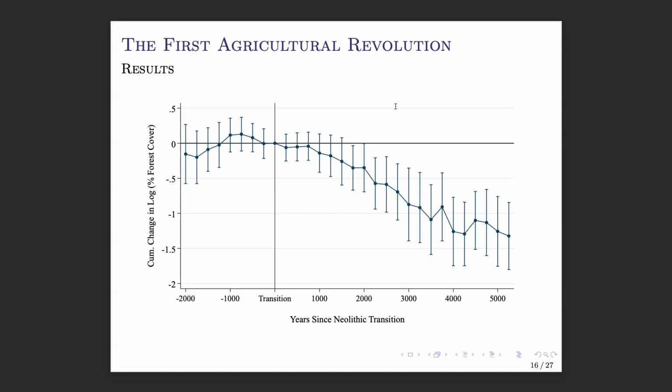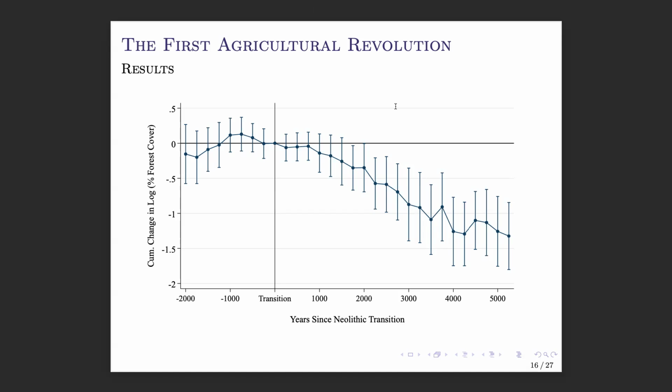So this is the bird's eye view, very, very macro, kind of shamelessly macro level analysis. And just to relate this back to the model, it looks like the steady march forward of agricultural productivity seems to have an adverse effect on forest cover, or forest biomass, maybe is the more precise thing to say here.